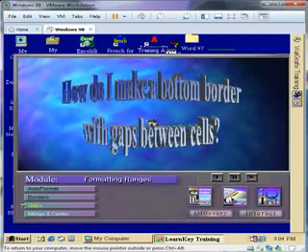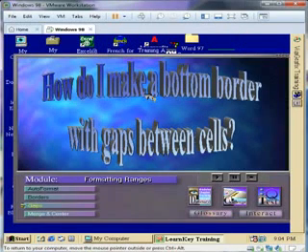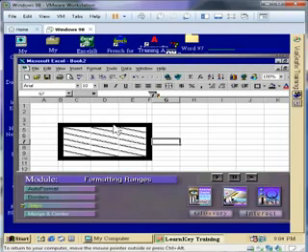Let's go to the next question. I want to put a border across the bottom of a range, but I want gaps between each column. How do I do that? Let's create a new worksheet